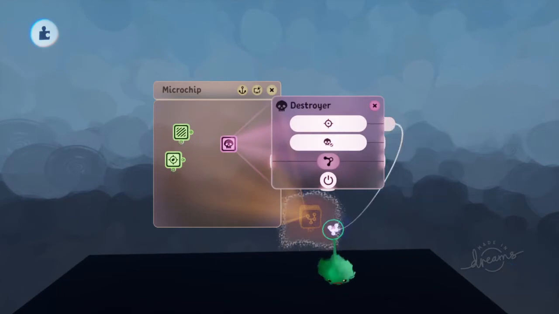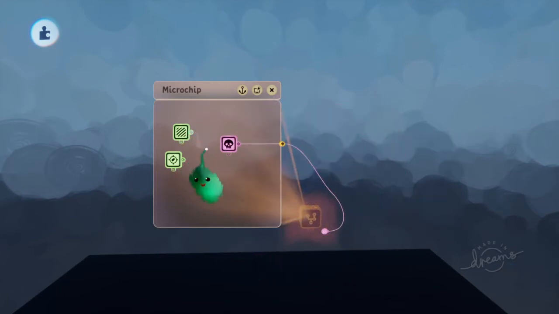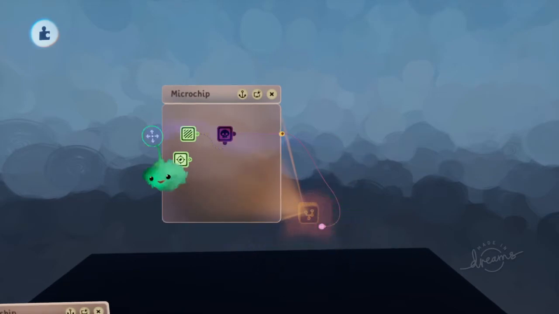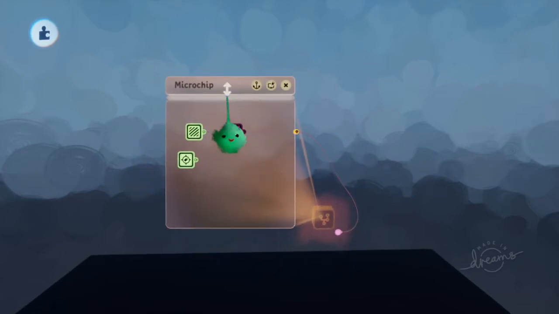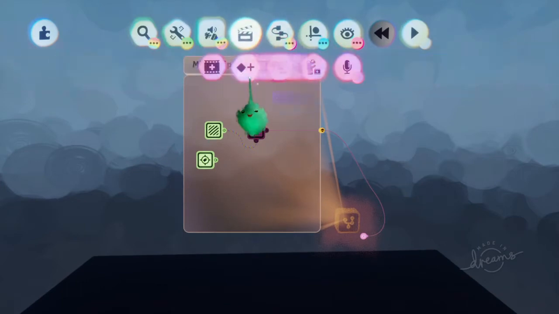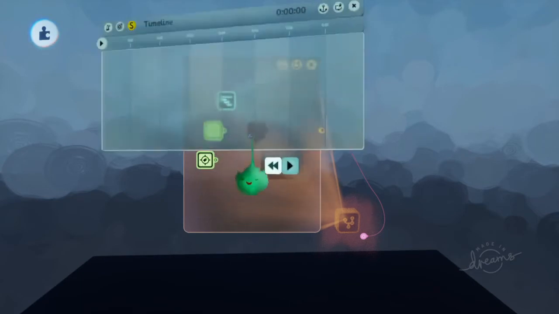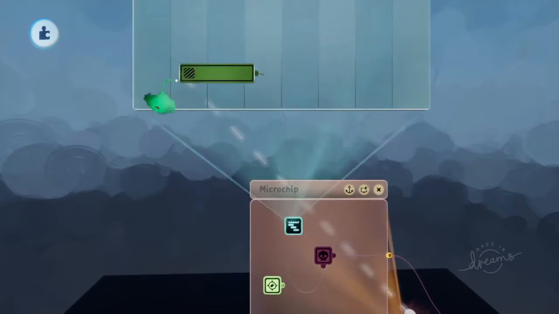So destroyer, affect the whole group if it detects that. But we only want that to work right at the start, when it's first emitted, because when a new one is emitted on the same spot, that will have a tag, and then the one that's already there will also, they'll find each other and both destroy themselves. So we only want this stuff to be checked at the start. So I'm just going to stick that in there